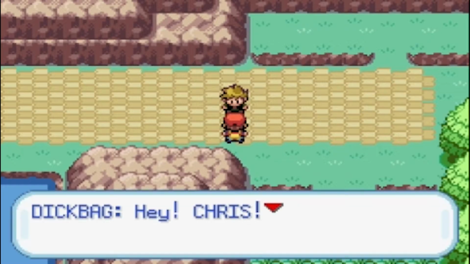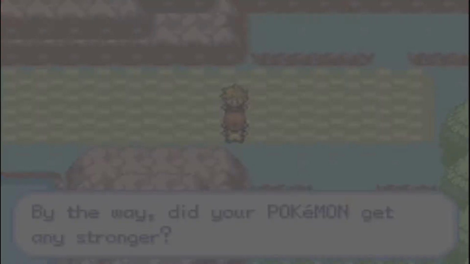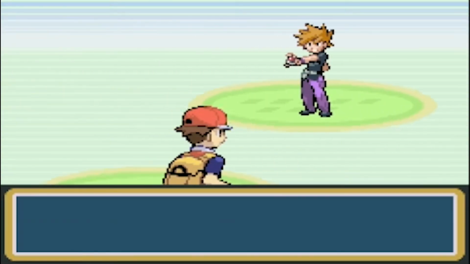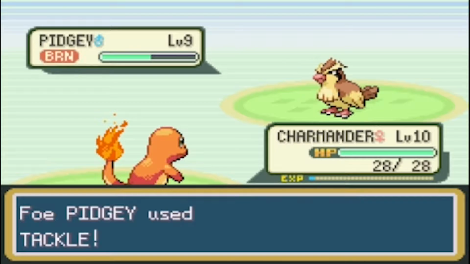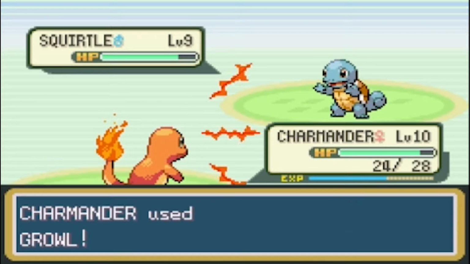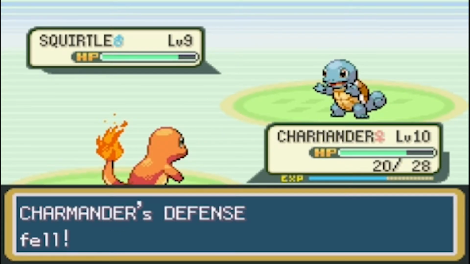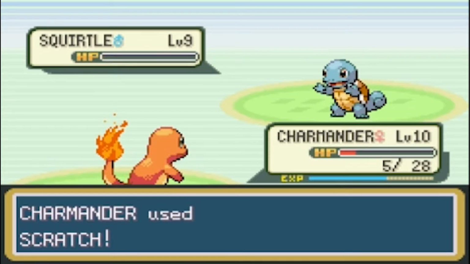For our second rival battle, we've gone up to level 10 from a starting point of 9. One Ember takes out close to half of Pidgey's health as well as burning him, so his tackle is weakened and we finish it with another Ember. Squirtle seems intent on lowering our defense, so we decide to lower his attack. From here it's more or less a repeat of the first battle with us trading tackles and scratches until